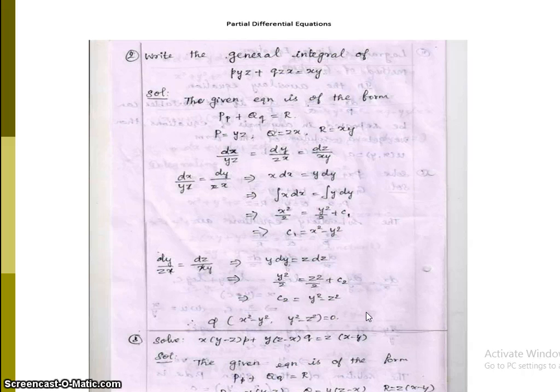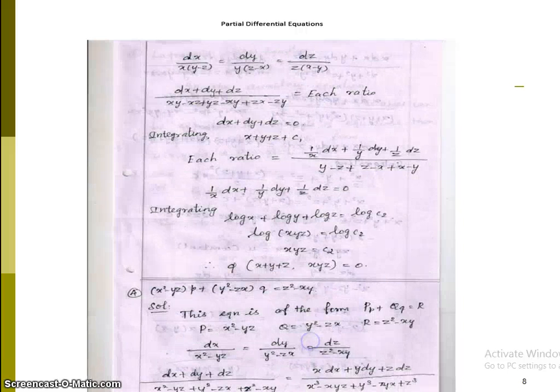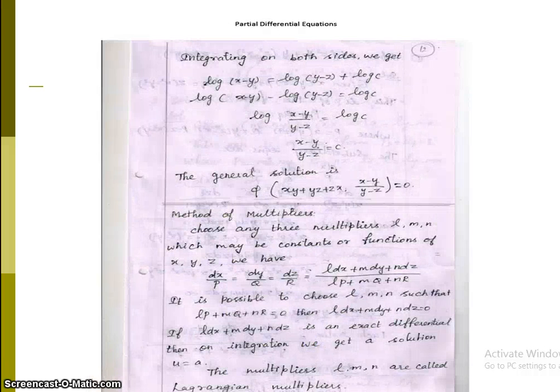Okay, then the third one we can solve by two methods. Here the method of multipliers is applicable, or the method of grouping is also applicable. I will use the method of multipliers, which is the easiest one here. I already told you about the method of multipliers; I will just tell the procedure here.